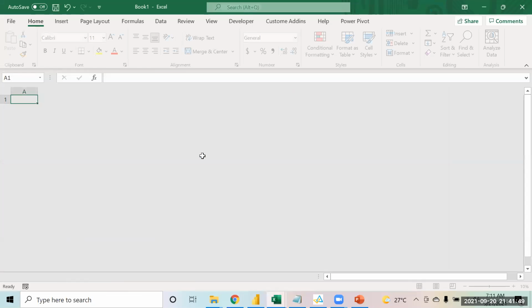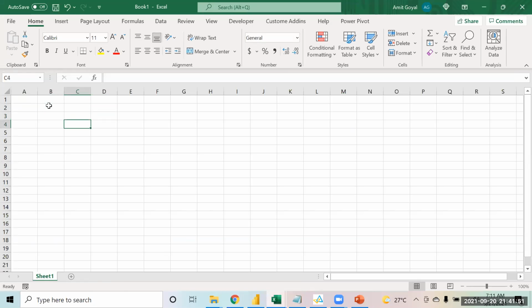If I start off with Excel, it's an application which is used, and will be used, by all of us whenever we work in any company, in any field. Whether you are working in the HR team, finance team, marketing, or any team, you just name any team, Excel is something which will be used by all of us on a daily basis.